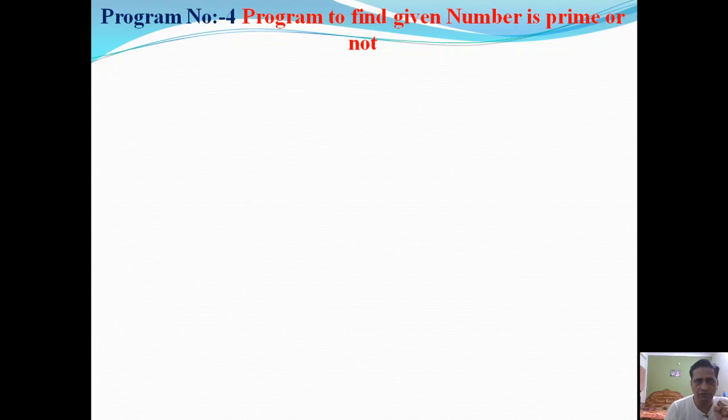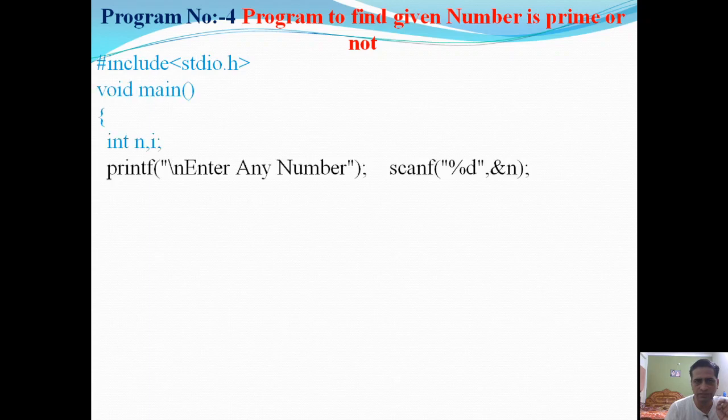Next is program number 4, a program to find whether a given number is prime or not. What is the property of a prime number? A prime number is divisible only by 1 or itself. So we ask the user, please enter any number, scanf %d, then